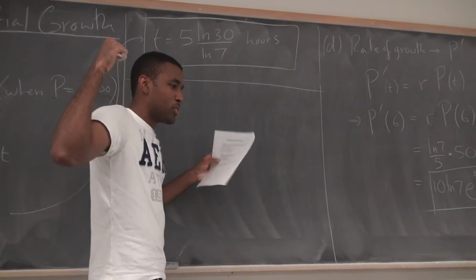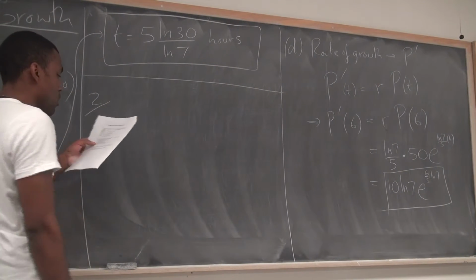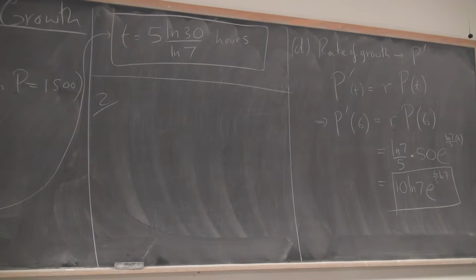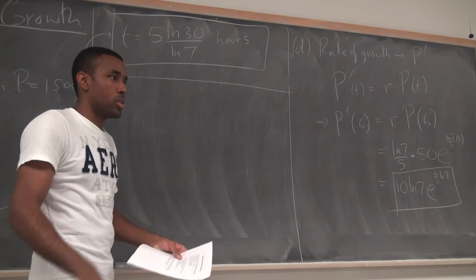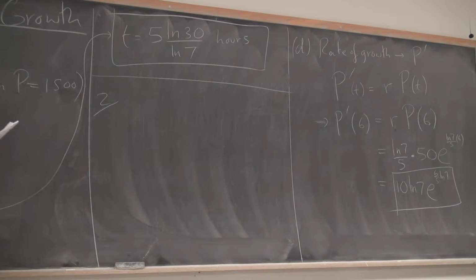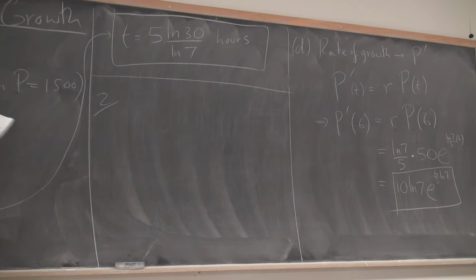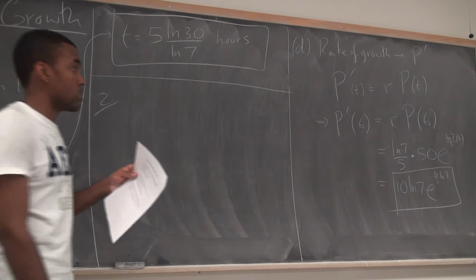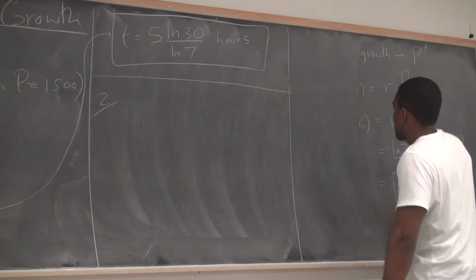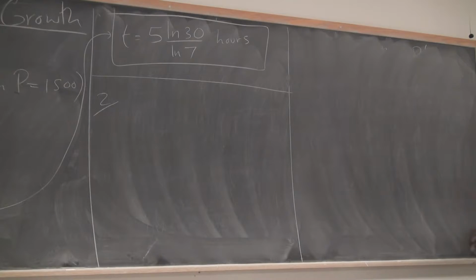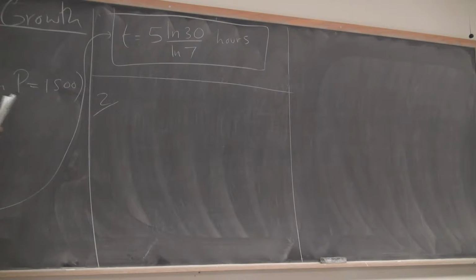Start to this so we can get to fun stuff, trigonometry. I'm so excited. Okay, half-life. So now we have a decaying substance. The half-life of a radioactive substance is 30 years. This means after 30 years, half of the substance will decay. You'll only have half of the amount left. Suppose we have a 200 milligram sample of this substance. P of t is the mass remaining after t years. Radioactive substances decay exponentially. So if you have uranium or plutonium in your basement, it decays exponentially. Okay, find the differential equation satisfied by P of t,